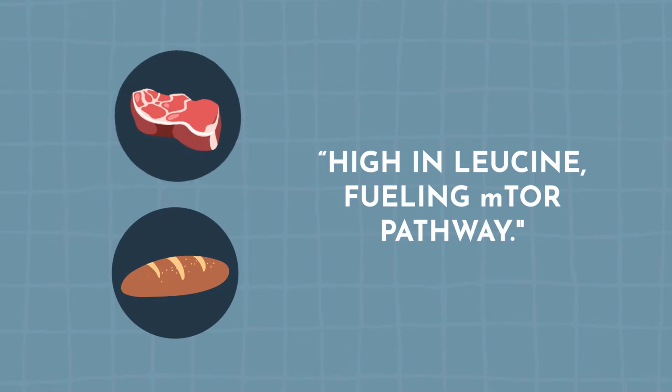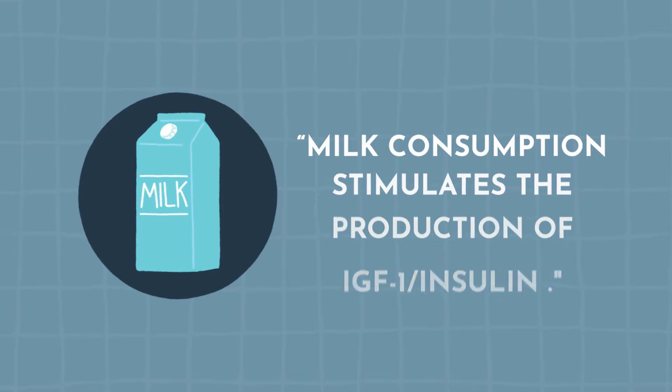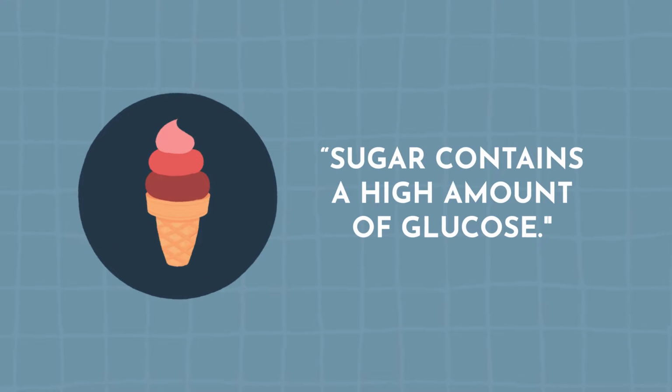Wheat also has leucine, so it's also going to push on that mTOR pathway. Milk and dairy, I mean, if we think about what is the purpose of milk, it is to make baby mammals grow quickly. So of course, that's going to create insulin-like growth factor 1 and insulin, and those, as we discussed, are going to push on mTOR. And then sugar or high glycemic load, it's high in glucose, it's going to push insulin-like growth factor and insulin. So all of these things that we eat in large amounts in our Western diet push on that mTOR pathway.